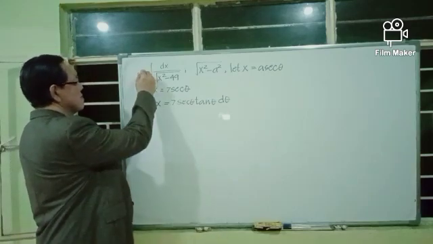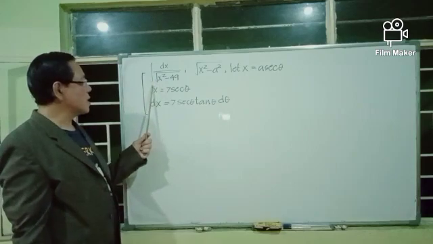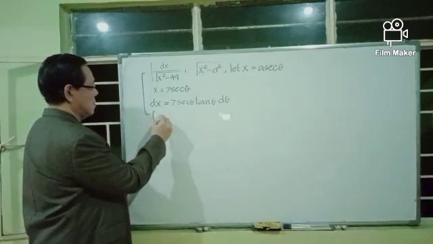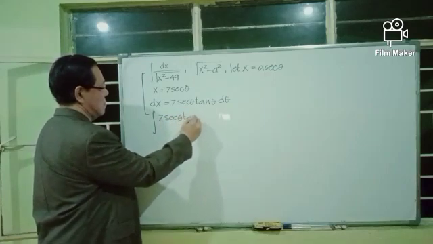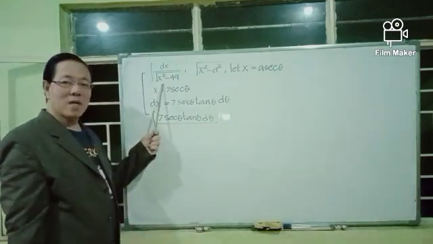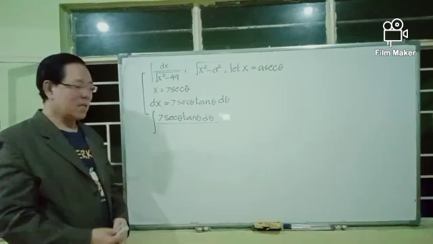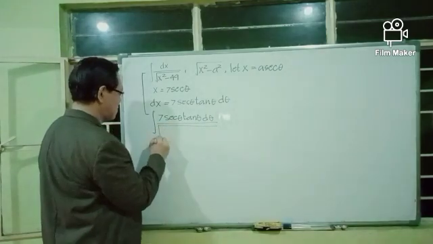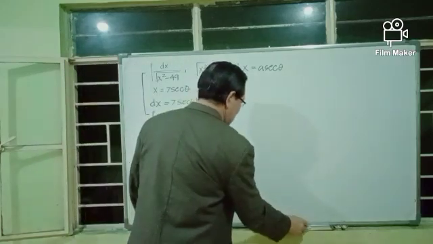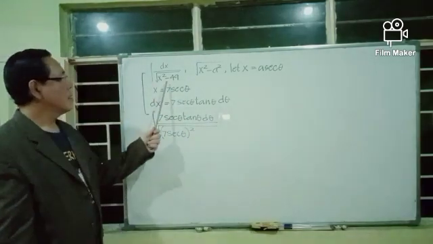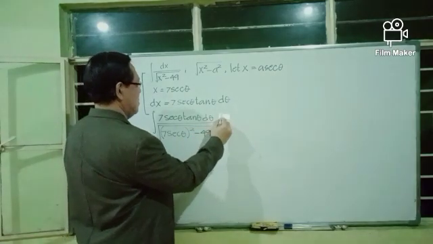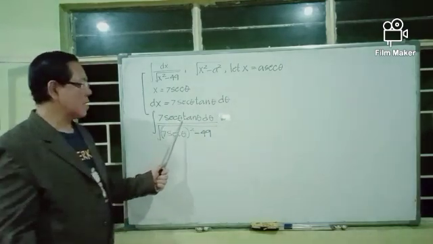Hence, the given integral is now equal to the integral of 7 secant theta tangent theta d theta over the square root of x squared, but x is 7 secant theta, we square it, minus 49. And this is equal now to the integral of 7 secant theta tangent theta d theta